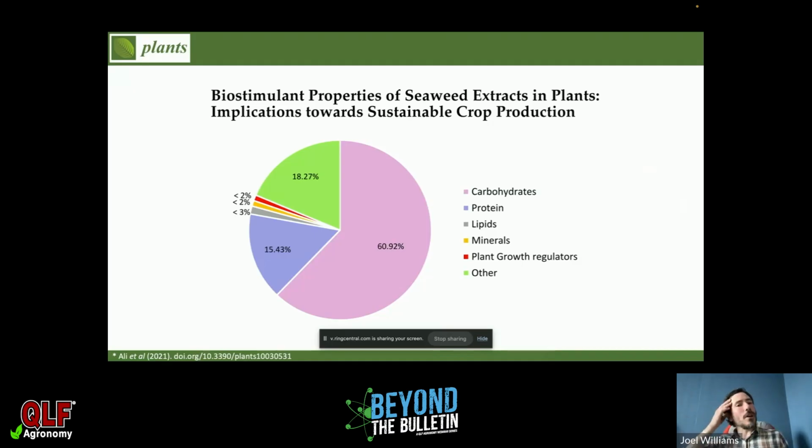And this was a quick example of seaweed. I might scoot over this one just quickly. It was really to highlight what seaweed is. Seaweed is mostly carbon. It's carbohydrates, a bit of protein, a few other things. Look at the fertilizing capacity. Look at the mineral nutrition of the seaweed, this yellow bar here. The actual essential macro and micro minerals are not really the main thing of what seaweed is. Seaweed is all about some of these other carbon compounds, some of the other plant growth hormones, some of these biostimulant type compounds. It's not the fertilizer per se that we're adding. It's about